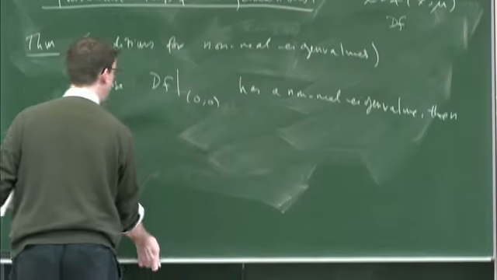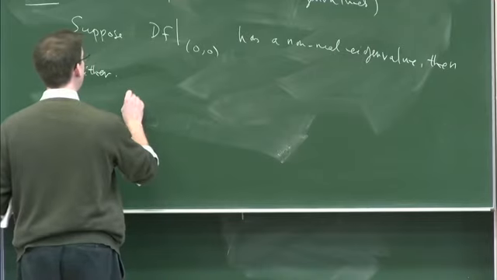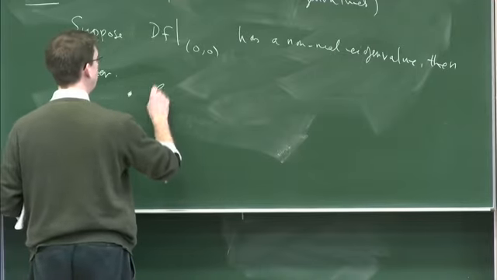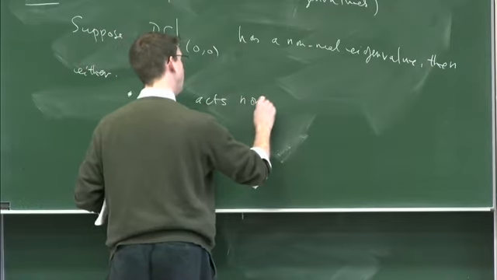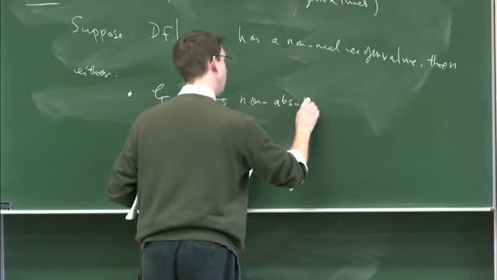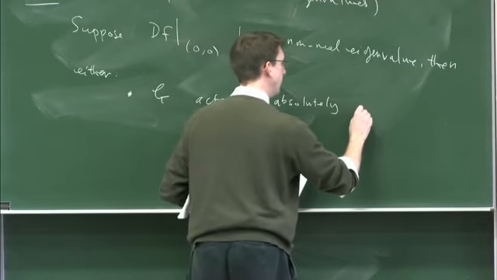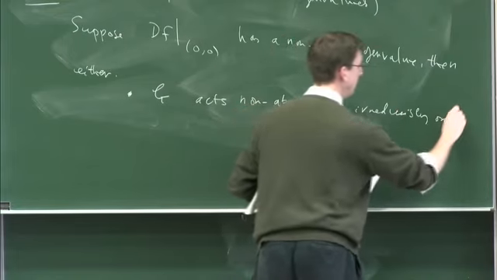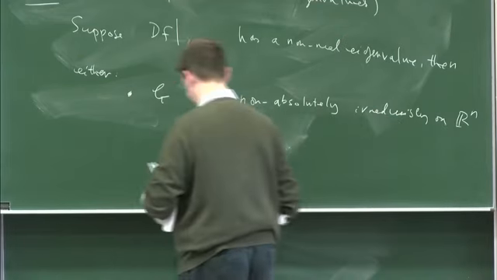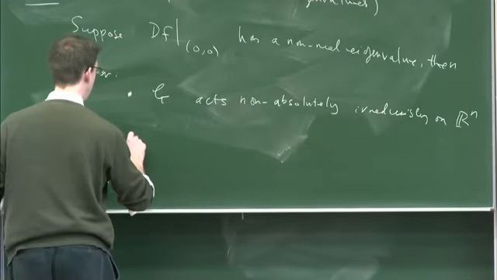Then we must have at least one of the following problems coming up. So either G acts non-absolutely irreducibly on R^n, or